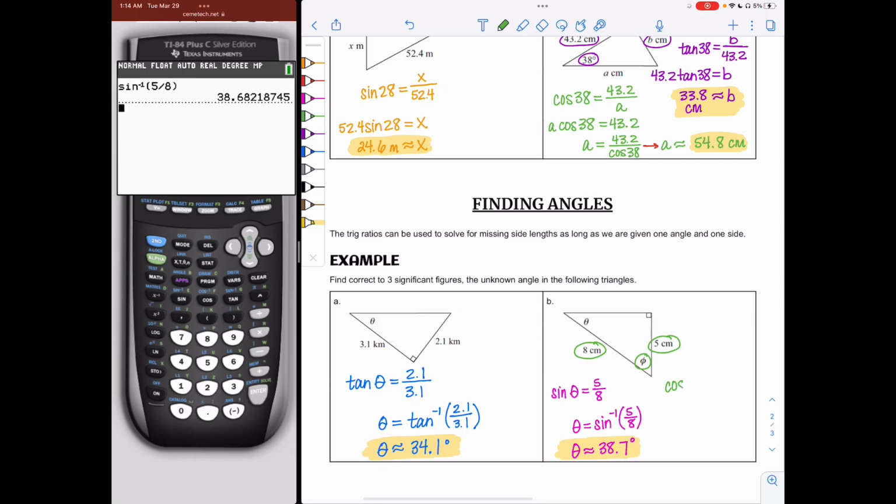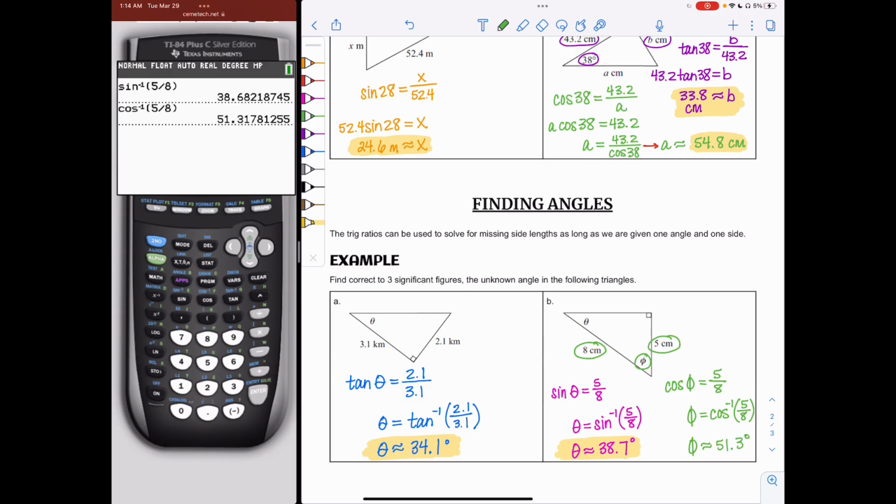So the cosine of phi is equal to 5 over 8, which means I need to take the cosine inverse. So phi is equal to the cosine inverse of 5 over 8, and when I do that, you will see that phi is approximately